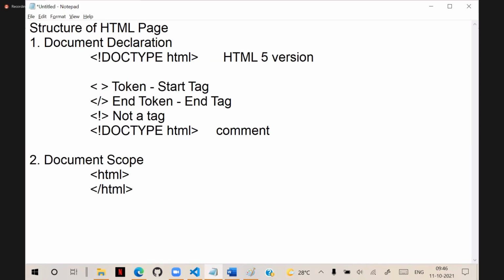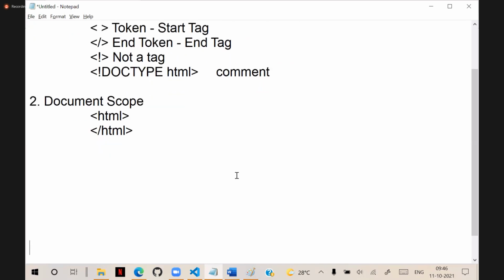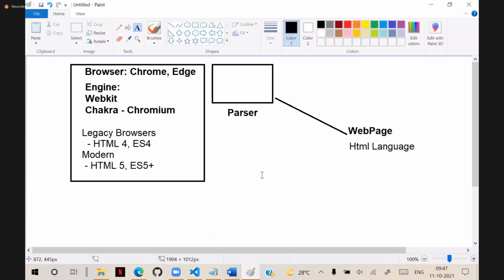Document scope indicates where a document starts and where it ends. It is very important. Why? Because without document scope... why do we need document scope? Scope indicates where it starts and where it ends. Why do we need it? Because if anybody asks a question like,